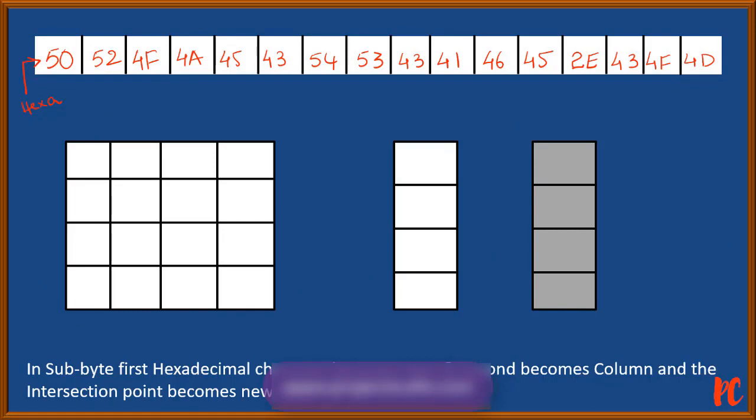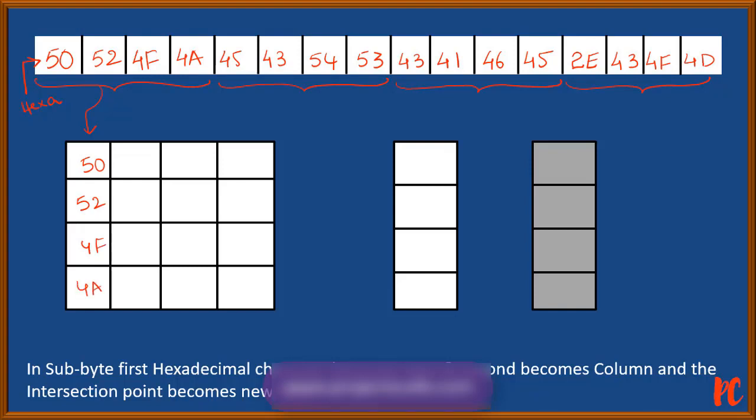I am going to bifurcate this into the first column, this to be the second column, this to be the third column, and finally this to be the fourth column. So the first column is 50, 52, 4F, 4A.